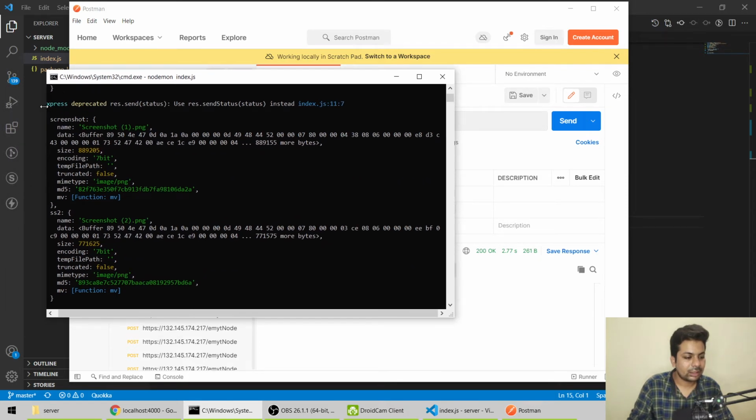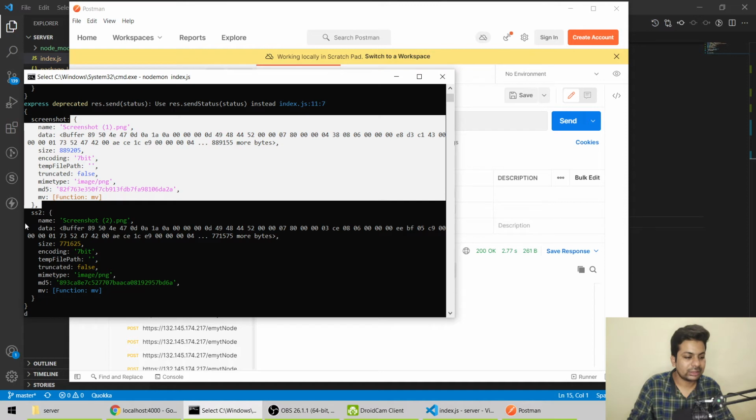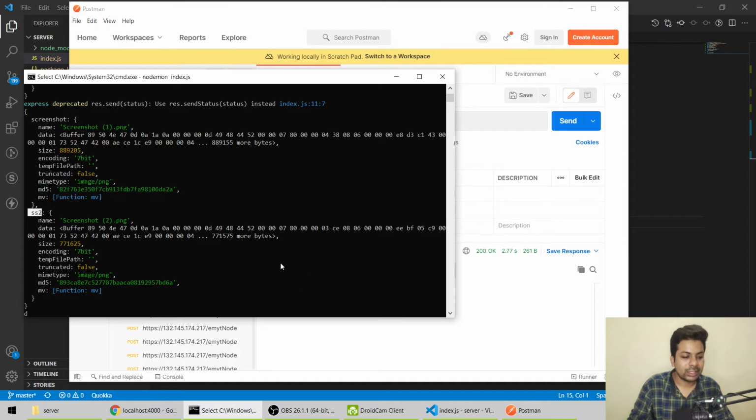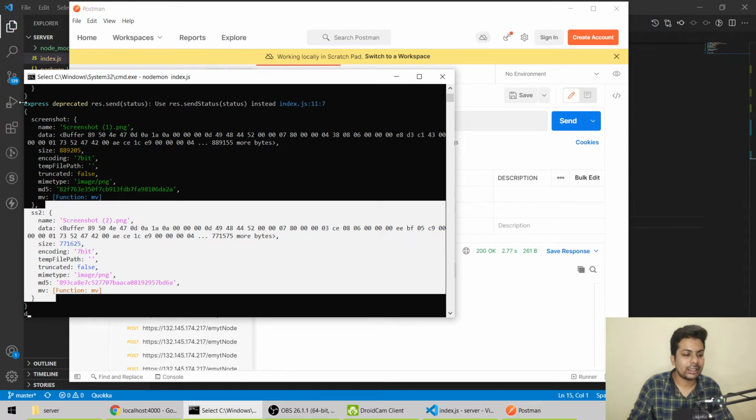One is screenshot, the name of the input tag, then ss2, the name of the input tag, then the name of the file. It's like an array, but it's not really an array, it's an object, and inside there are multiple objects.